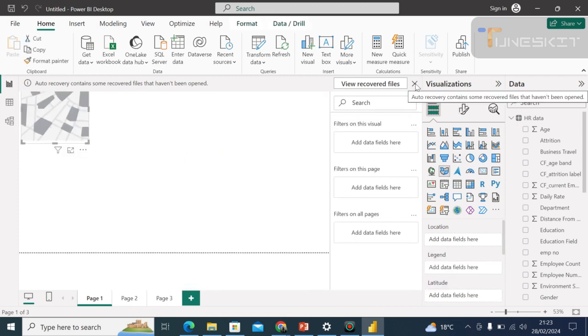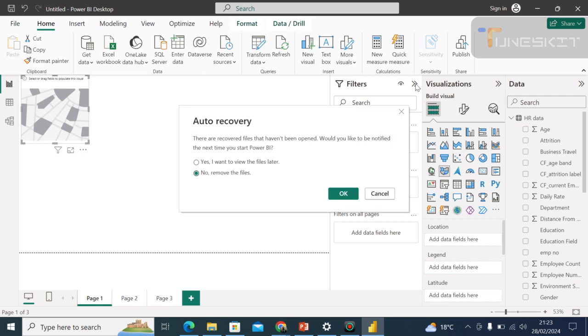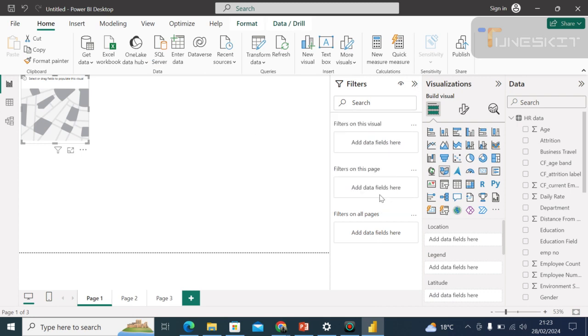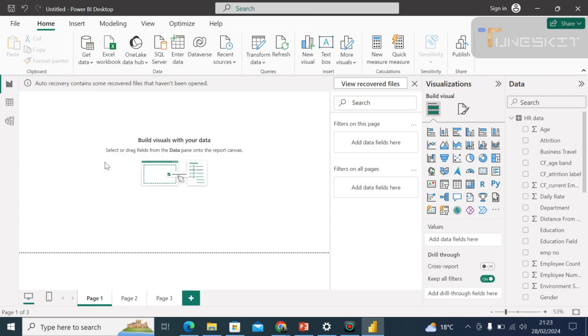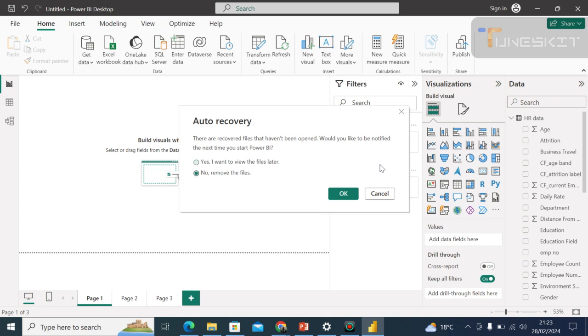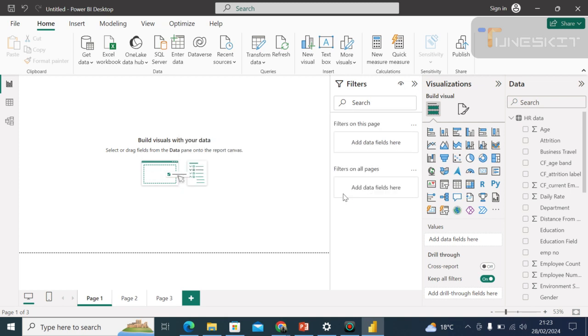Now, given that we've loaded the data into Power BI, it's time to see how you can build visuals using this data. Building visuals is quite simple in Power BI. So for instance,